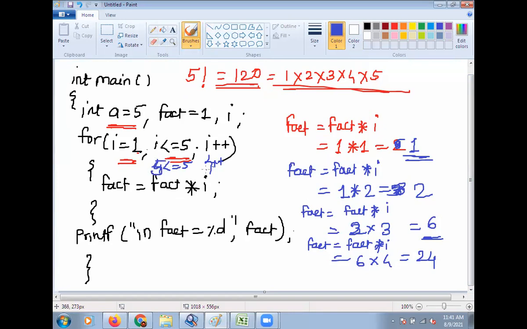So 5 is less than equal to 5. This condition becomes true. Then here fact is equal to fact into I, that is 24 into 5, it will become 120.